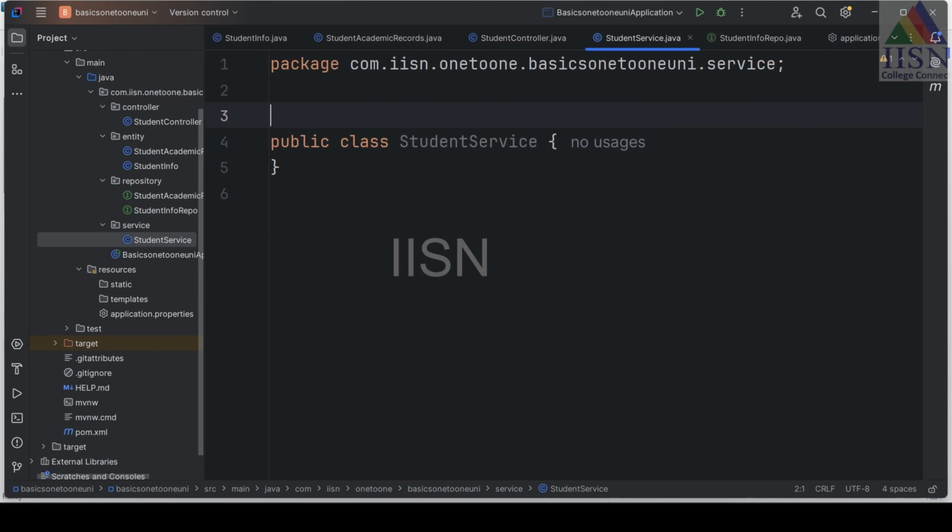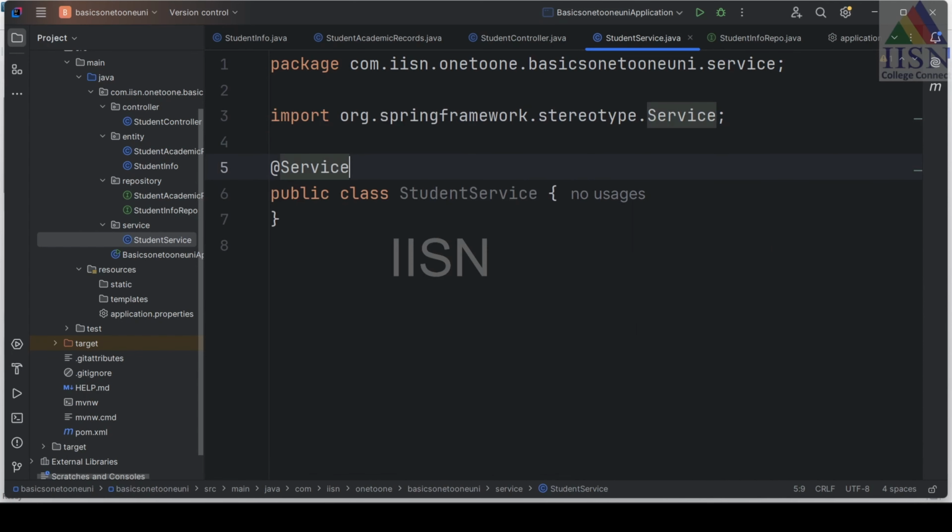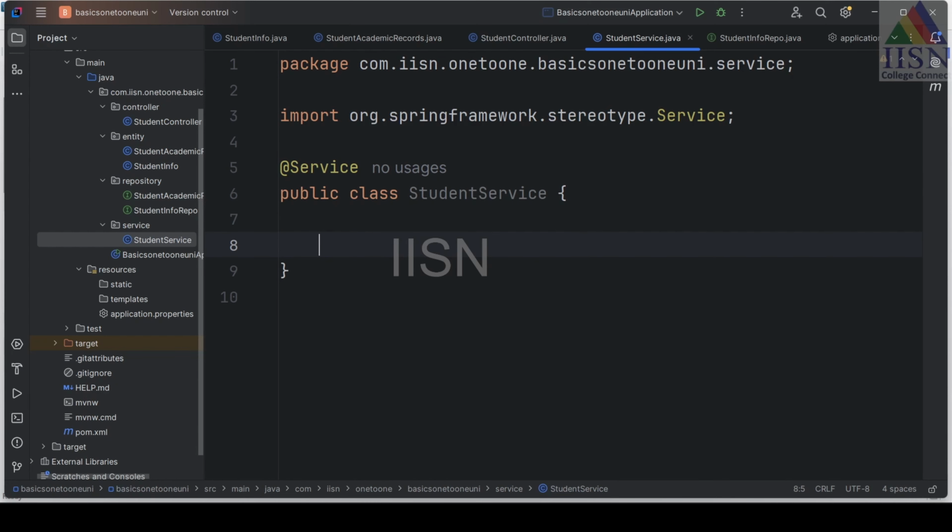Okay, so this class should be annotated with the @Service annotation. Here you see this service is a stereotype annotation. This service class acts as a mediator between the controller and the repository. In the repository we have all the CRUD operations: insert, update, retrieval, everything is written. So first we need to mention the repository name